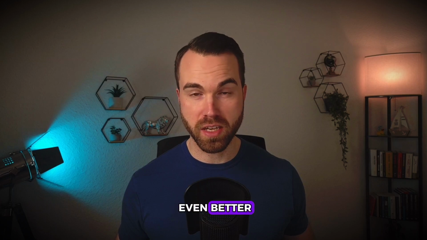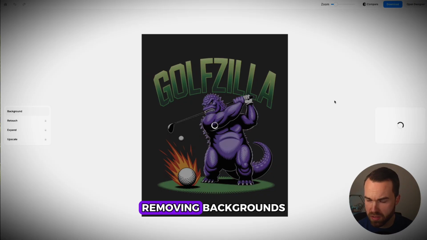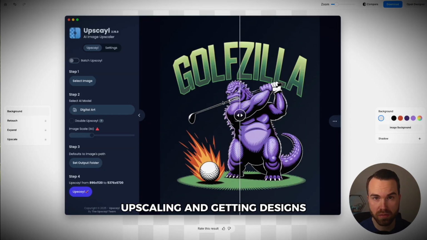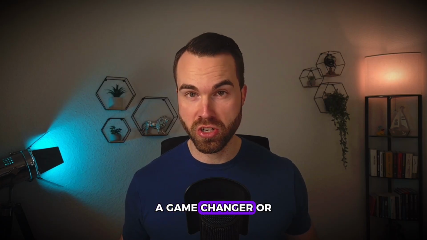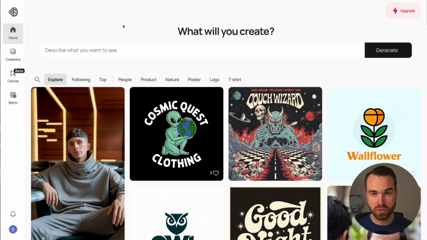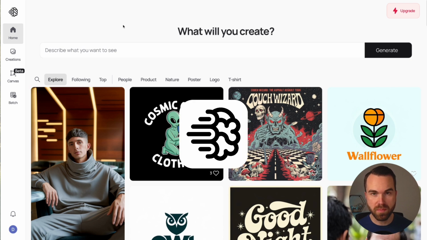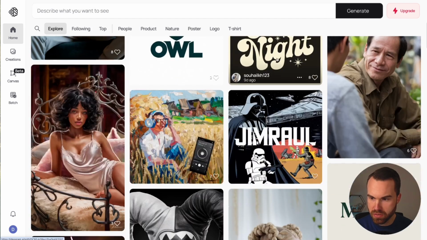And to make it even better, I'll show you the full workflow, removing backgrounds, upscaling, and getting designs ready for upload. So is Ideogram 2a a game changer or just hype? Let's find out. So this is the user interface of Ideogram, and you can already see some creations from other